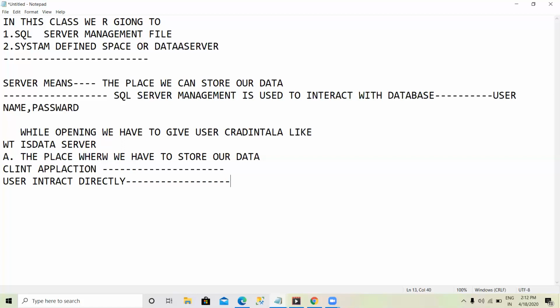How to open SQL Server Management? Already we know how to open it. Go to Start, click Programs and open Microsoft SQL Management Studio. It is an application where the user can interact with the database. What is a database? Database is nothing but a collection of raw facts.